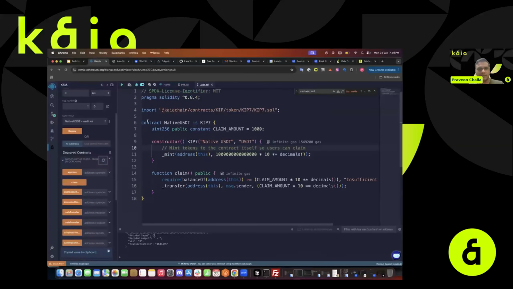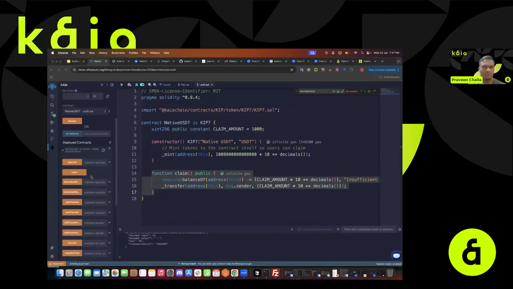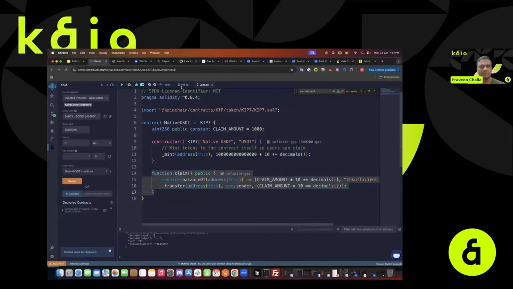As I was saying, as soon as we deploy, this number of tokens is located within the same contract itself, so people can actually go and claim the tokens. So yeah, we already have deployed it. Now we deployed this contract, and now you can deploy the other contract,